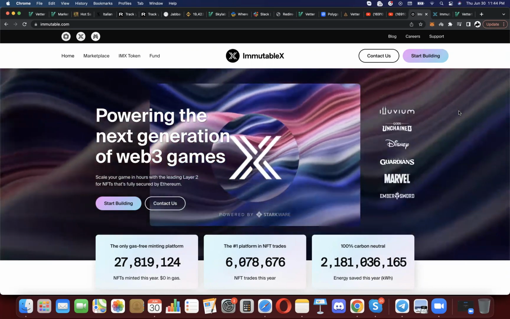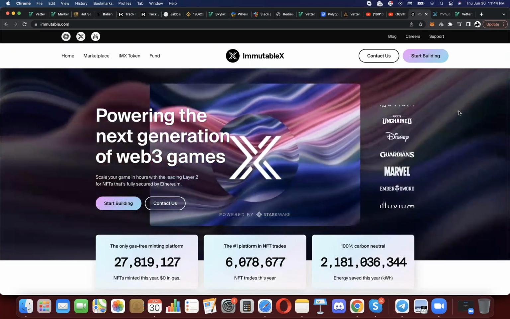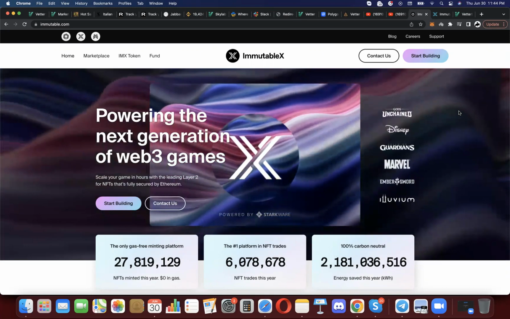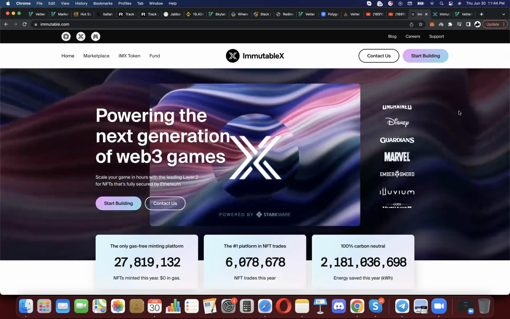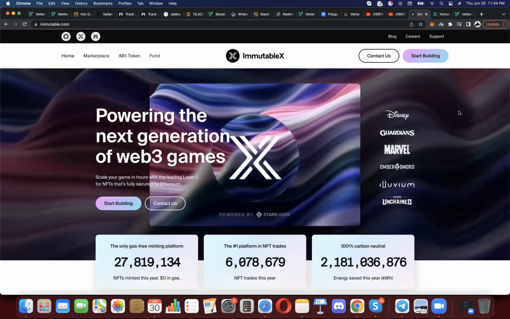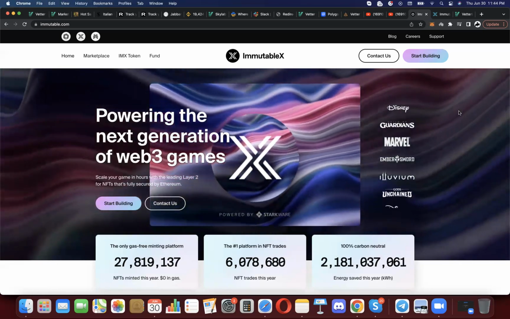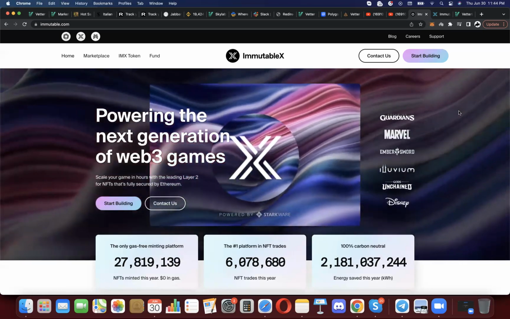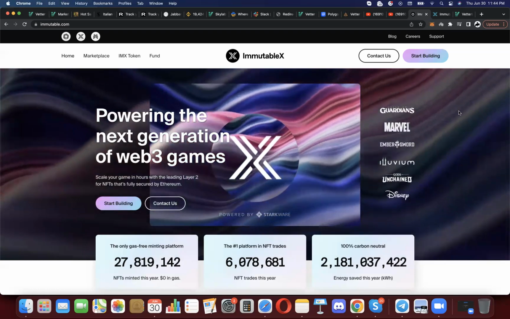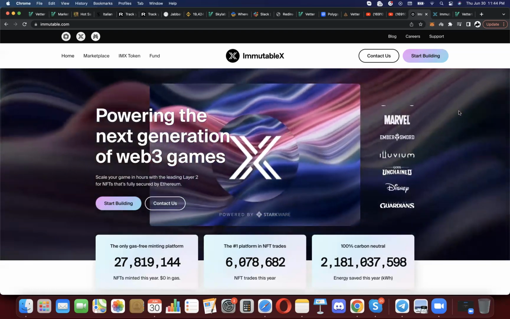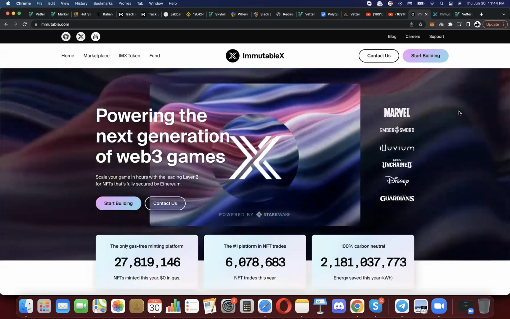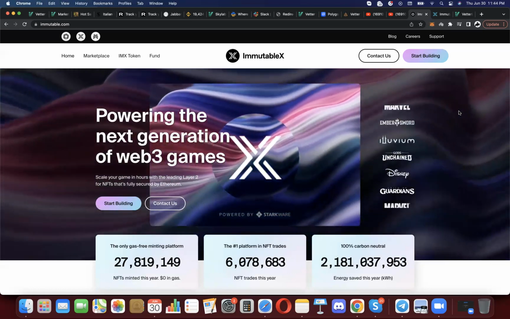Immutable X token into. If you're a kid, probably I go too slow for you. So this is more for the older adults who need a little bit more time being walked through how to set this stuff up. So if you need help staking your Immutable X tokens, this isn't financial advice. I'm not recommending you do anything. Talk to a financial advisor if that's what you're looking for. But I will show you just from a technical perspective, step by step, how I was able to stake Immutable